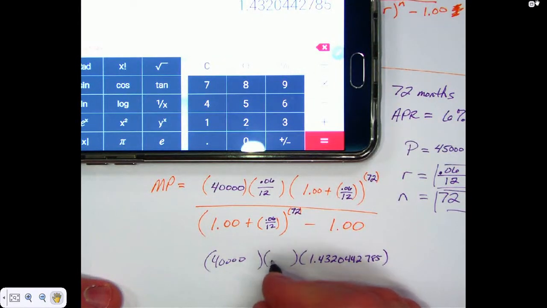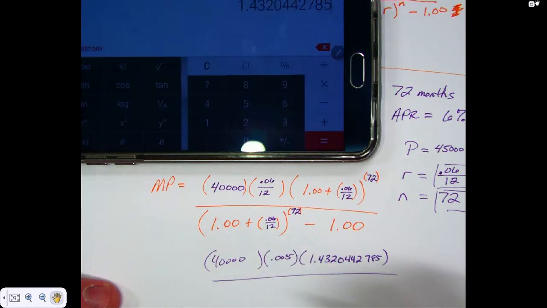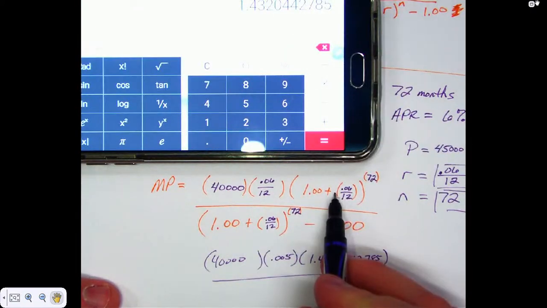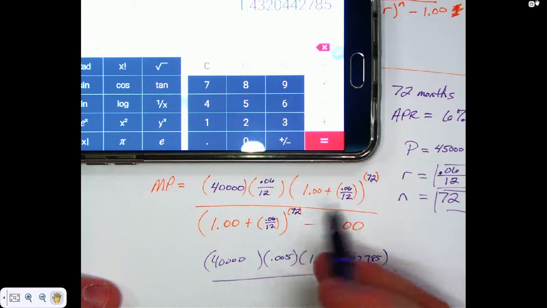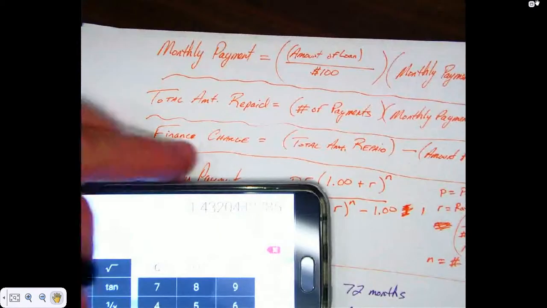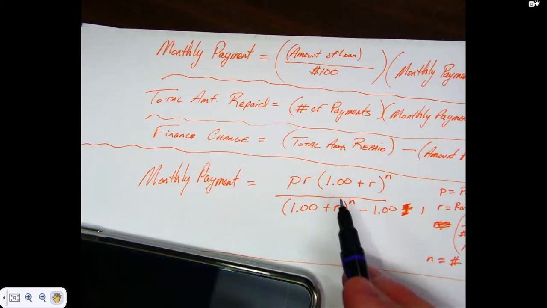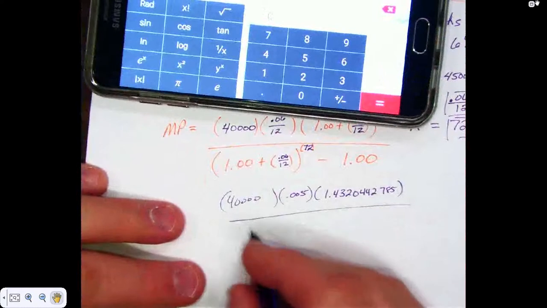$40,000 times, well, this was 0.005, wasn't it? Okay. Now, here's the nice thing. Is this thing the exact same as this thing? Will it always be? Yes, it will, because if you look at the formula, what's down here is the exact same thing as that, isn't it? Does everyone agree? So you really only have to put that into your calculator once, because you can come down